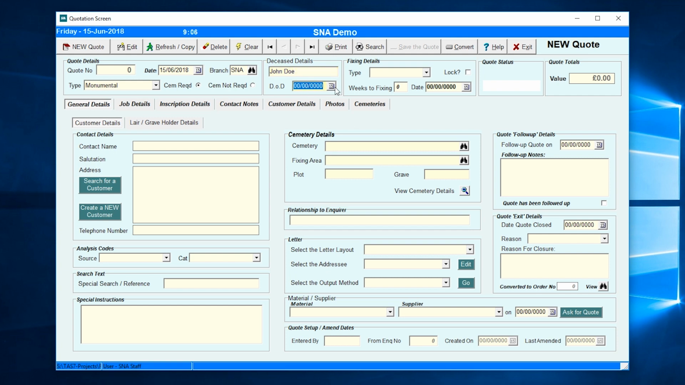You can enter the date of death if you know it. You can find the date, click on it, and there it is. Now you can choose the fixing type. These can be predetermined by yourself. We have 3: normal, Christmas and birthday. If you choose, say, Christmas, then you know that the job needs to be done for Christmas. And it's got a little tick in the lockbox, so you know that you should try to stick to that